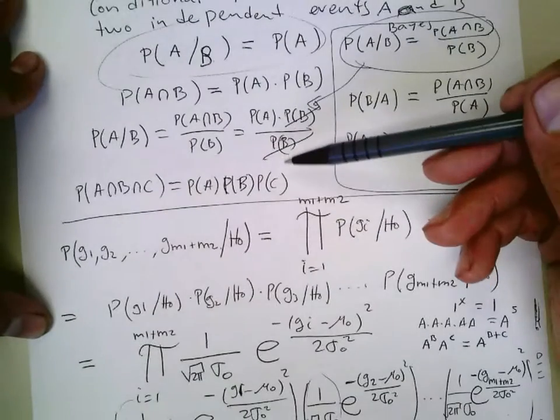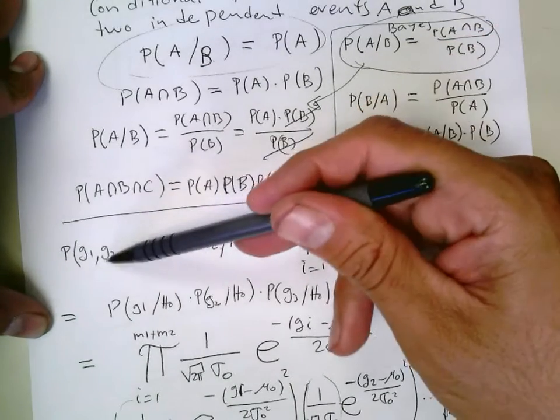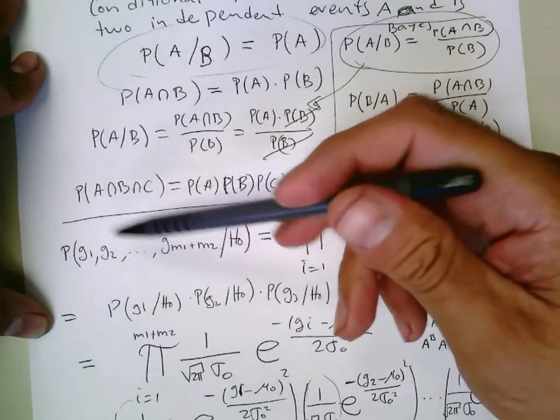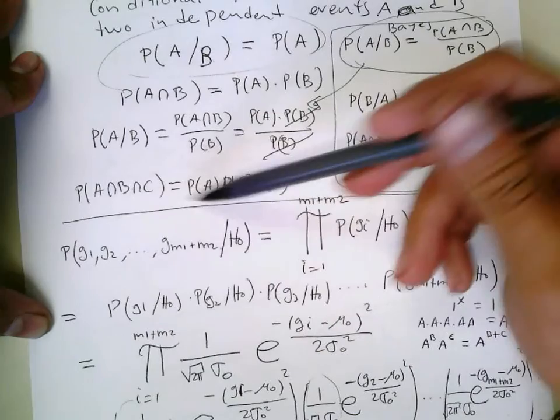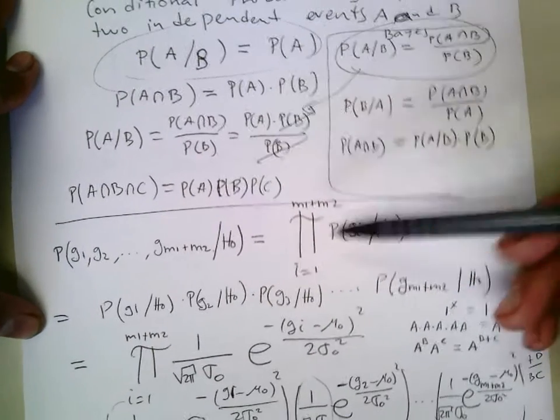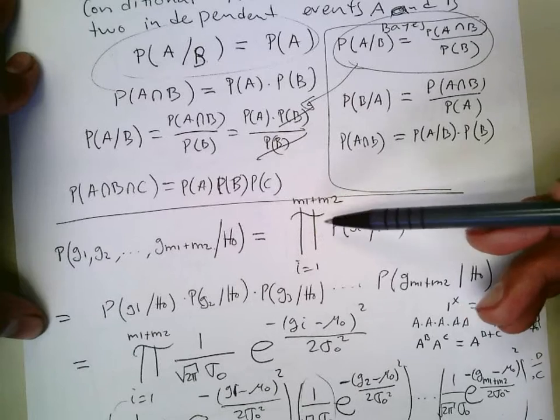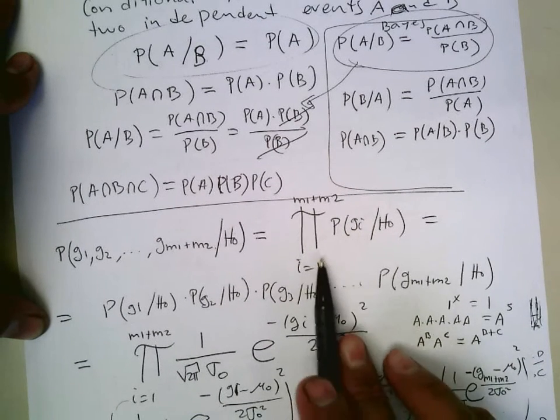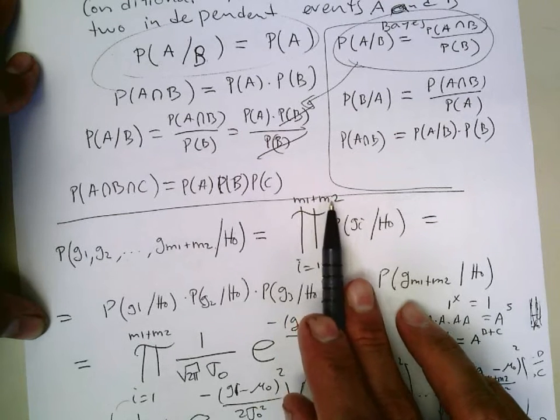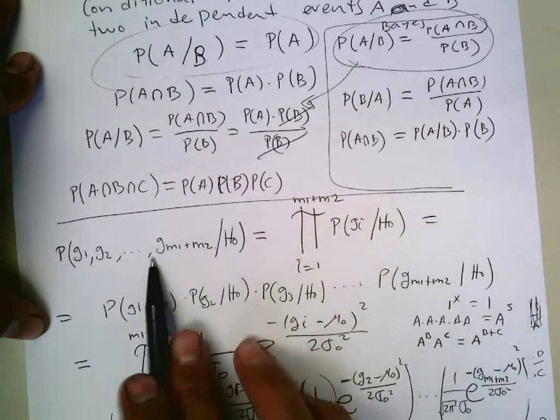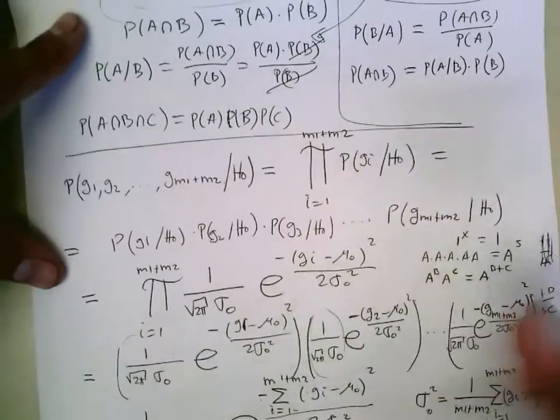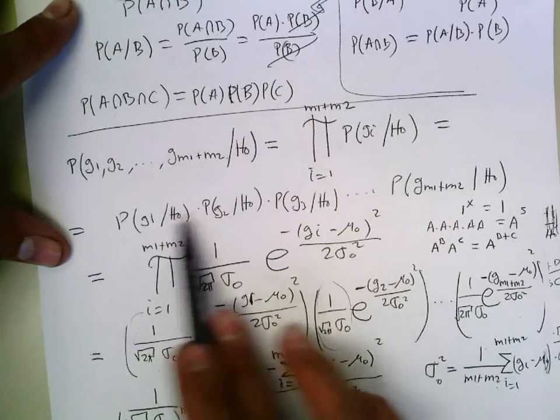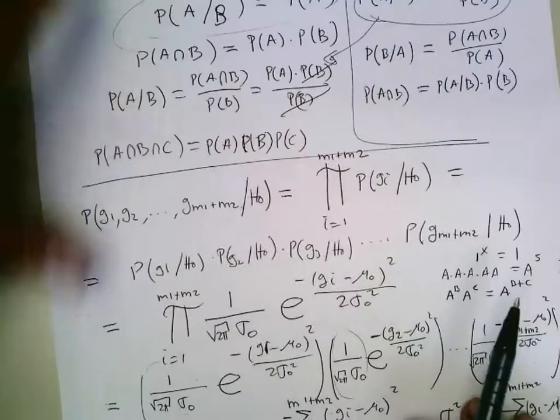And if these are independent, meaning the probability of each one happening is independent of the others, the joint probability is a multiplication that looks like this. This pi symbol means multiplying each one of those, which is the g_i. Here we're just changing the index i up to m1 plus m2. So this and this are equivalent, and expanding it gives this multiplication. Remember this formula.